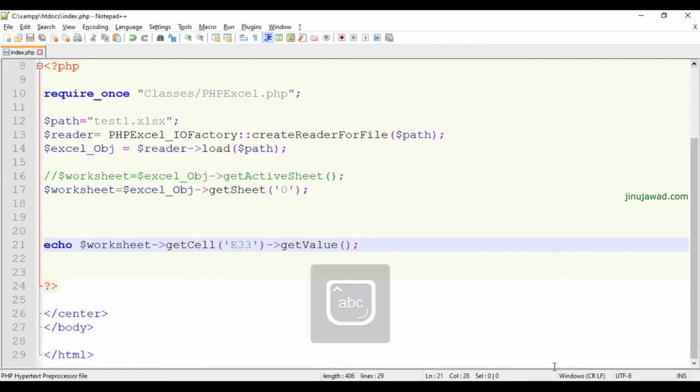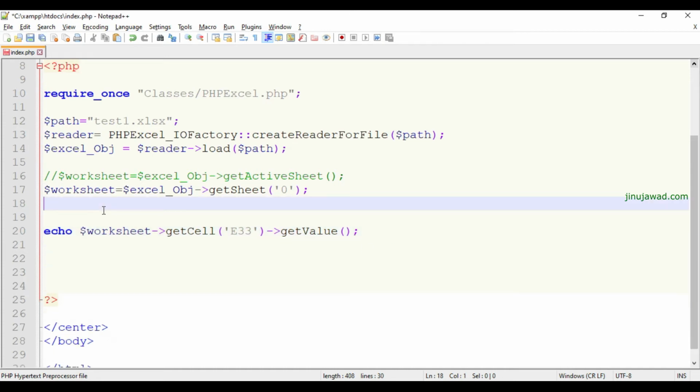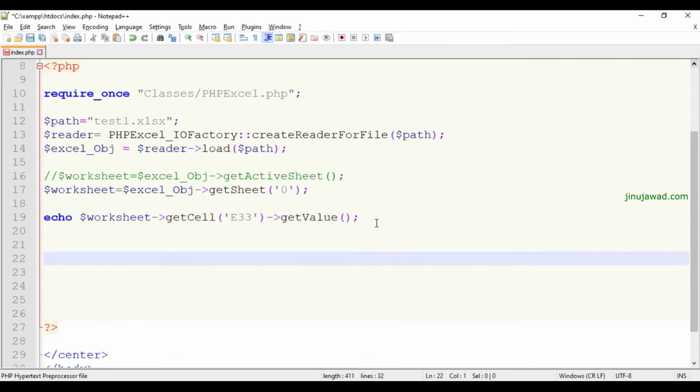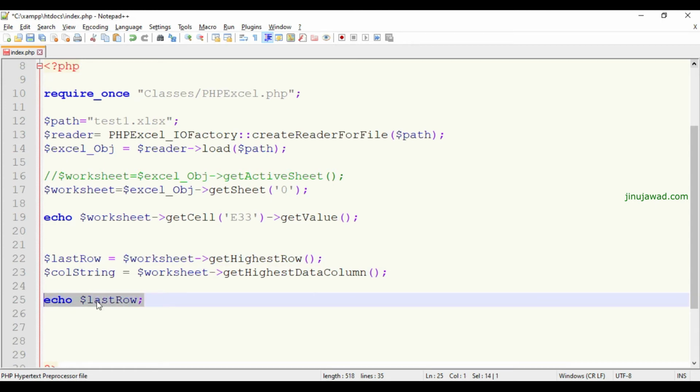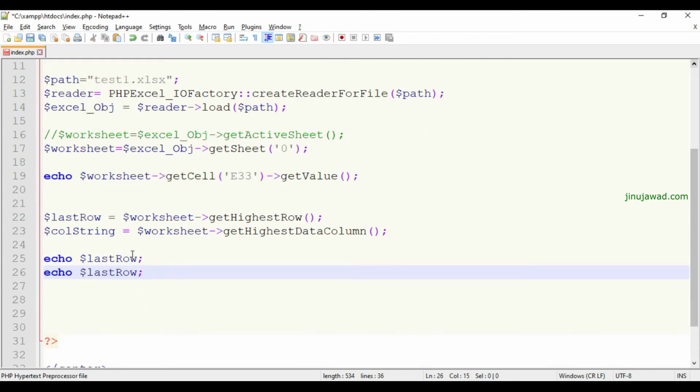Now if you want to have this completely printed automatically, if it is dynamic and you don't know how many rows and columns there are, for that you will have to use the concept of a loop. So I'll create a new for loop here so that I will iterate between the rows and columns and print all the values there. For that, first I need to get the row count and column count. I will write the code snippet for getting the row count and column count. Now these two lines of code we can use to get them. Let's try that. This is the row count, and this is the column count.